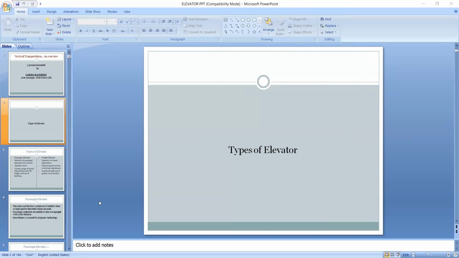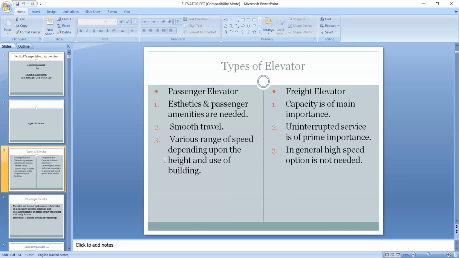So basically, there are different types of elevators depending upon their usage.